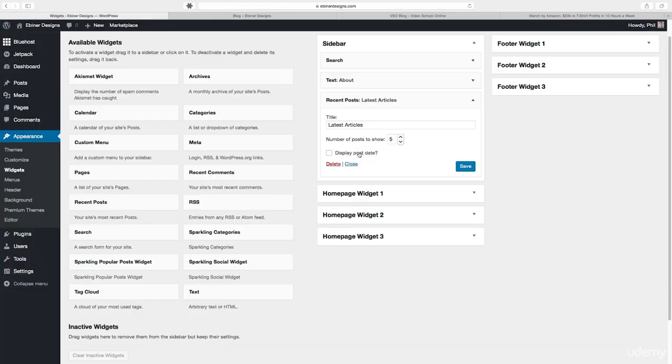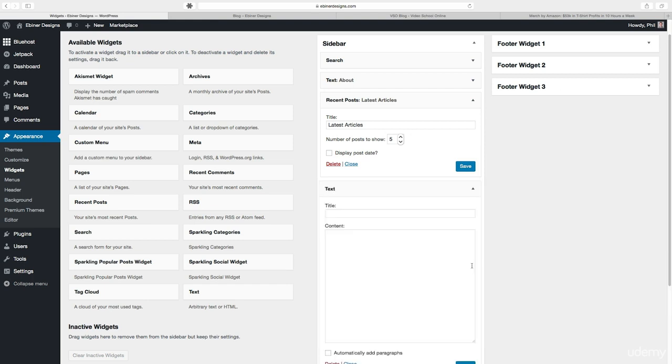That might be good for someone who's new to your website to quickly understand who is the creator of this website. This is also how you would add a custom opt-in form. Typically, you'll get HTML code from your opt-in form and you'll add it here using the text block. So that's how you edit it.